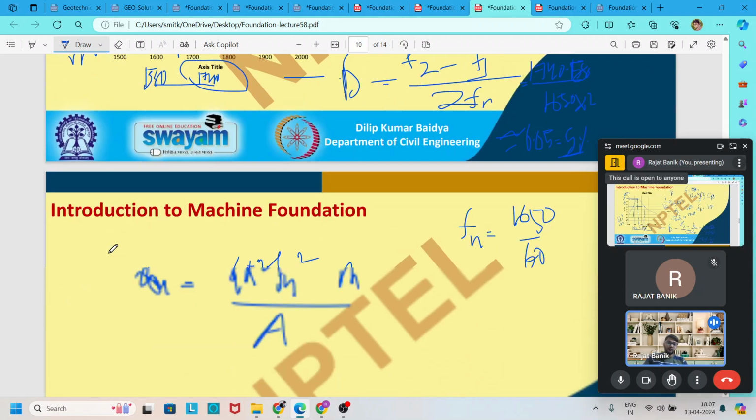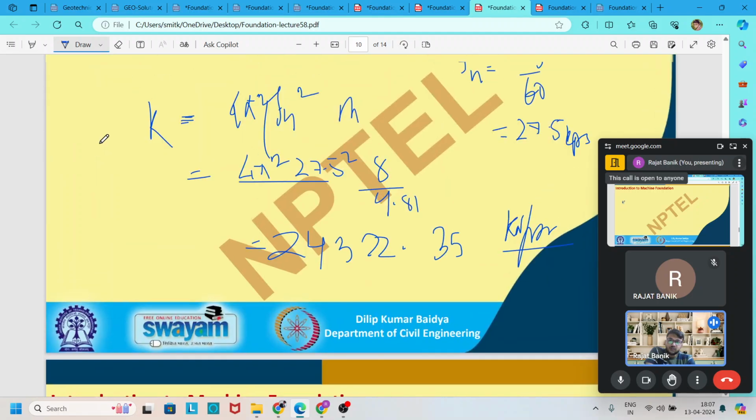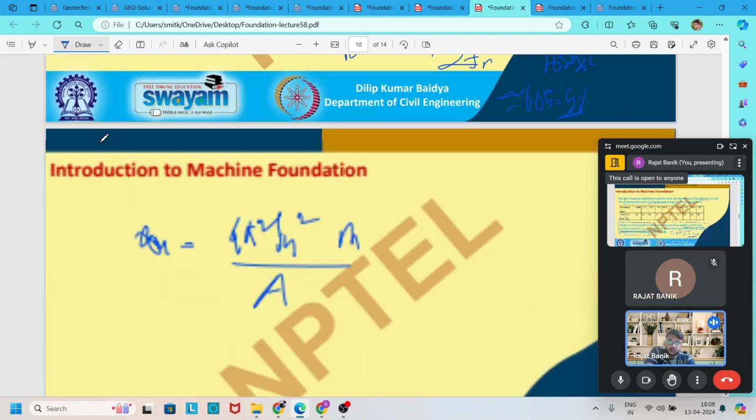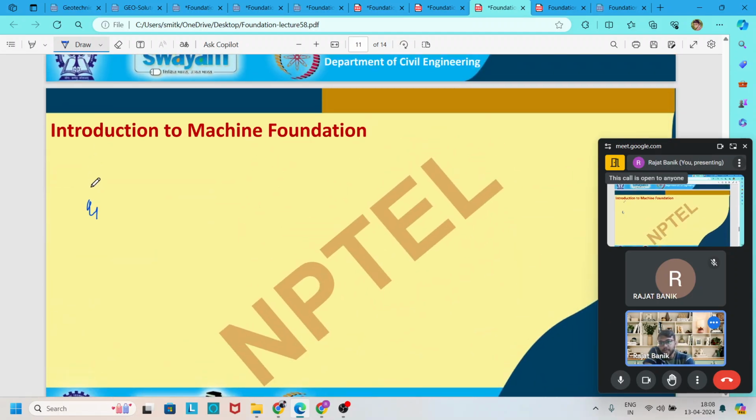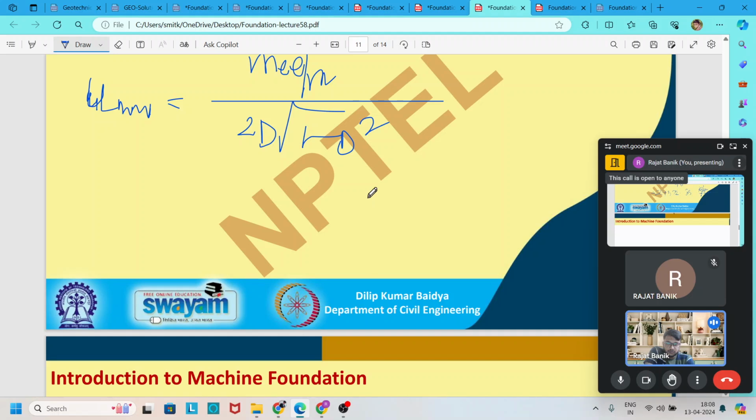So we know the maximum amplitude of any system occurs at resonance. Now this problem we have to solve using the formula. We know that U maximum at resonant frequency, for a rotating mass, is equal to m e naught divided by m, divided by root over d times root over 1 minus d square. So if you simplify this,